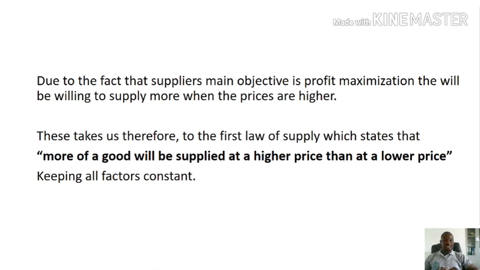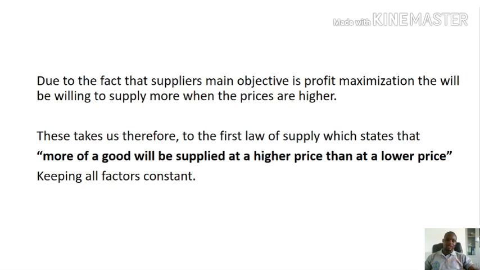So realize that demand is the reverse of what? Supply. With demand, the consumers are of course wanting to minimize cost by spending less. They don't want to spend. So when the prices are low, they demand more. While with supply, of course, they want to make profits. So they can only make profits when the prices are high. So as the prices are high, so too are they willing to supply more in the market so as to maximize profit.